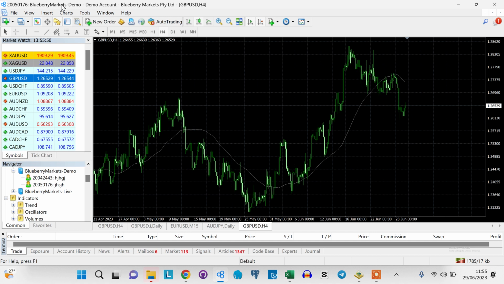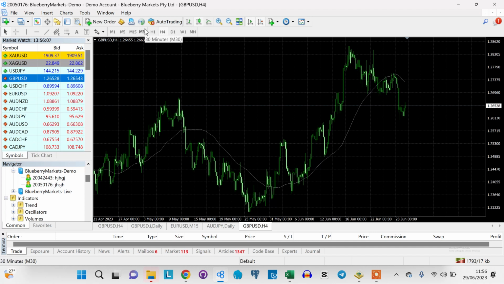Blueberry Markets MT4 trader. You can go ahead and download the MT5. They are kind of the same, with just very little difference, with more indicators. But you actually don't need the MT5. The MT4 can serve perfectly well. So the basics you need while using the MT4 trader is you need to have an understanding of what this